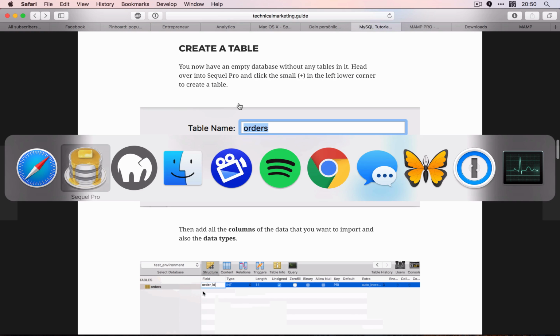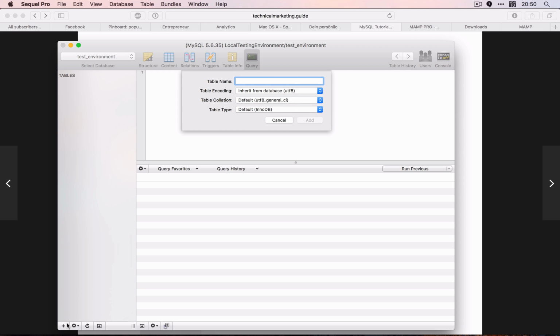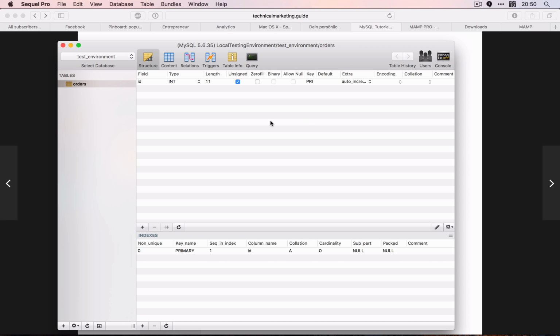We're going to create a table. There are two options basically to create a table. One is the query, which you have selected here. So you could just create a table by typing, but you can also use this little guy down here, and you can just create a table by clicking or using the interface, which is sometimes a little bit easier. So I'm just going to call this table orders, click add,